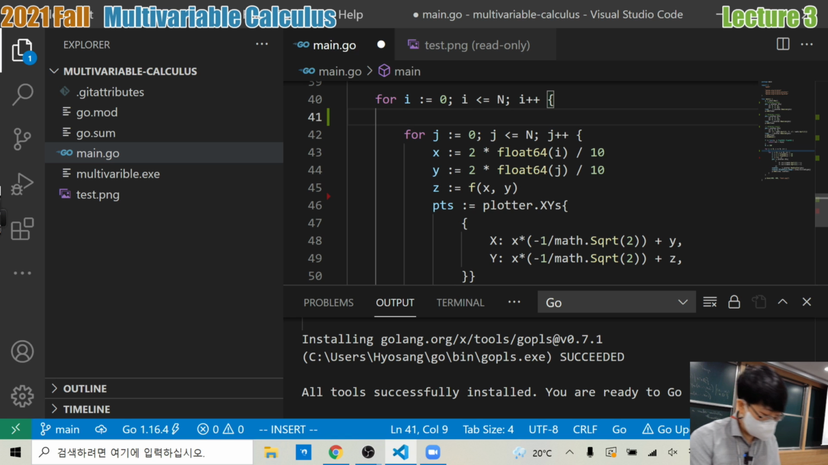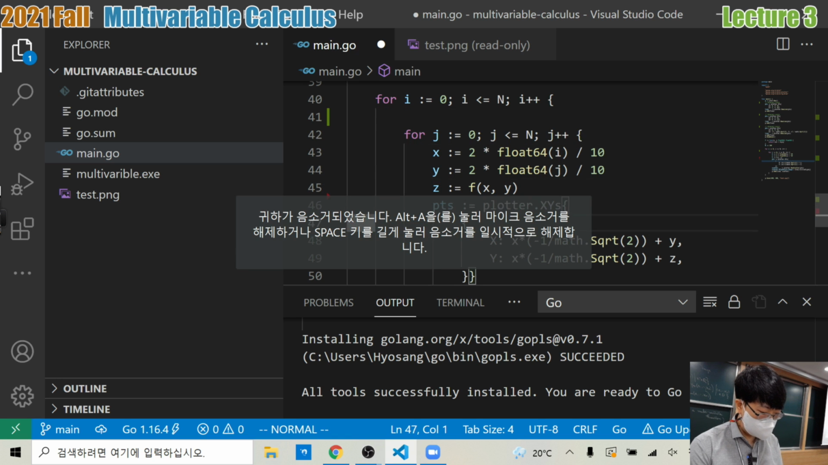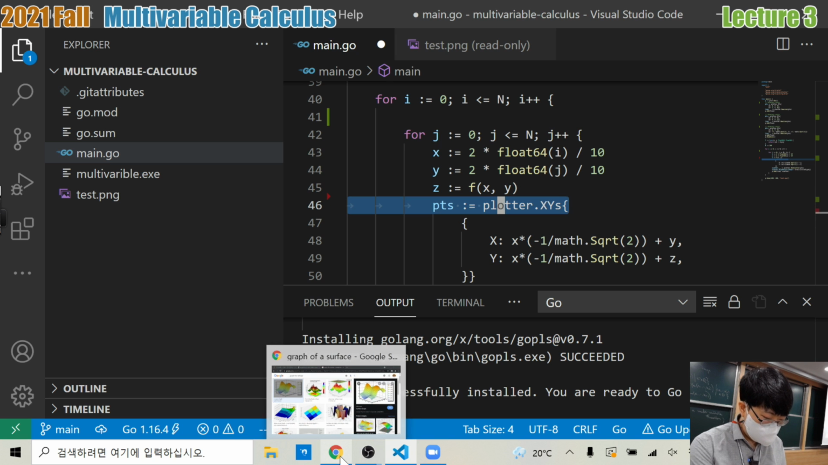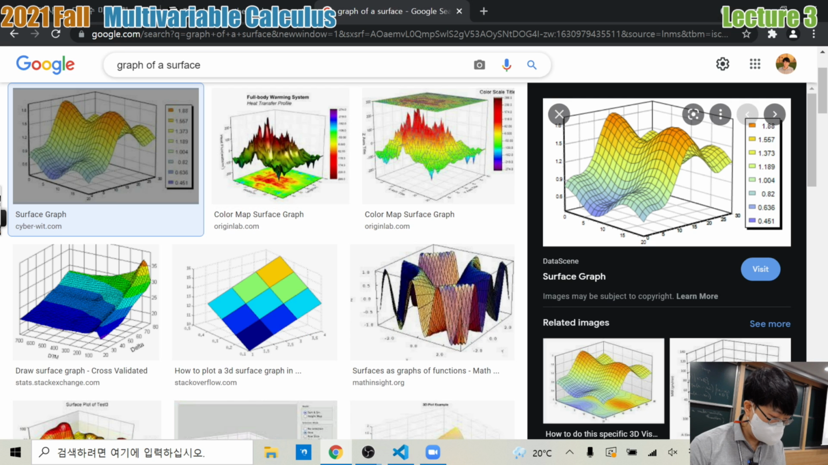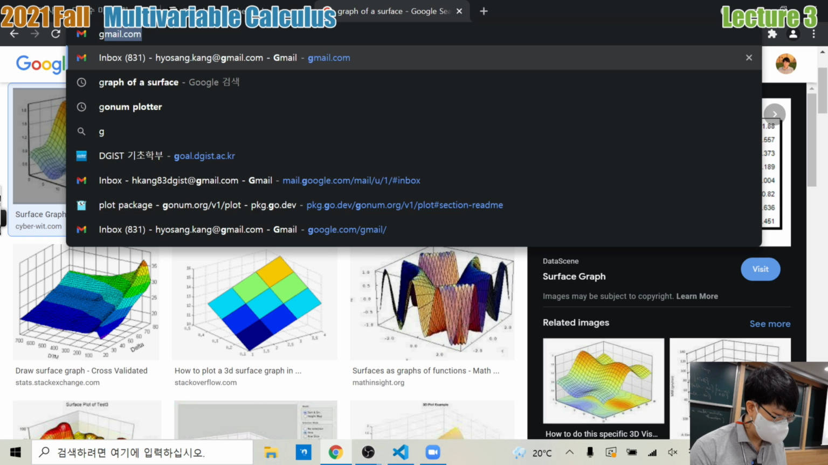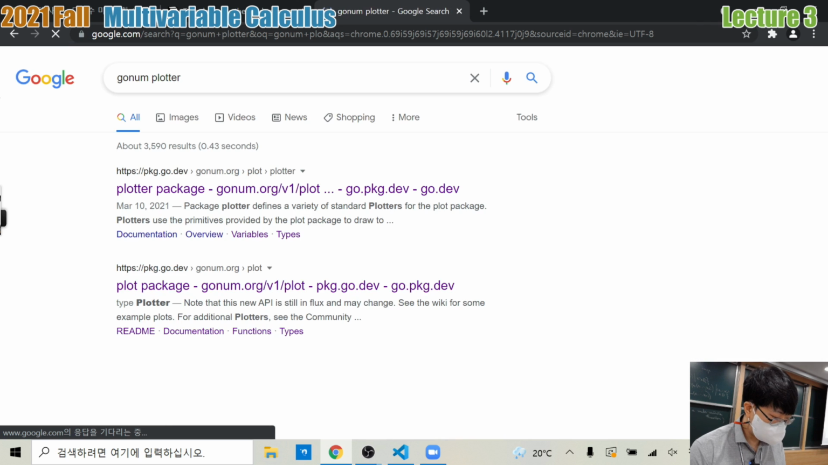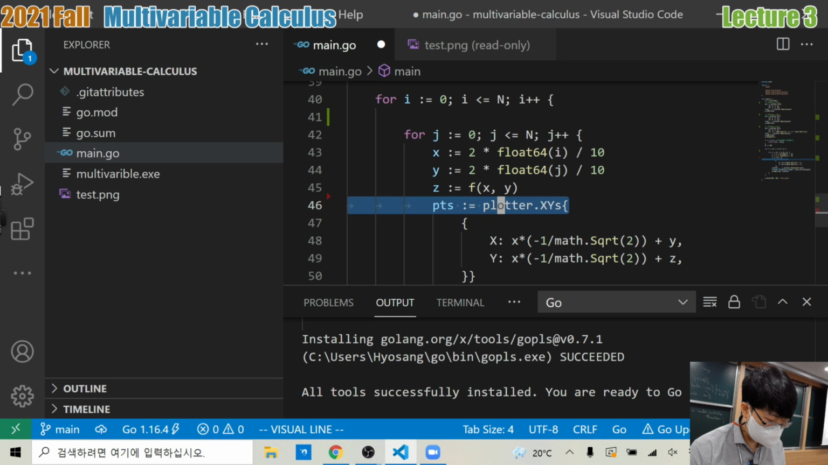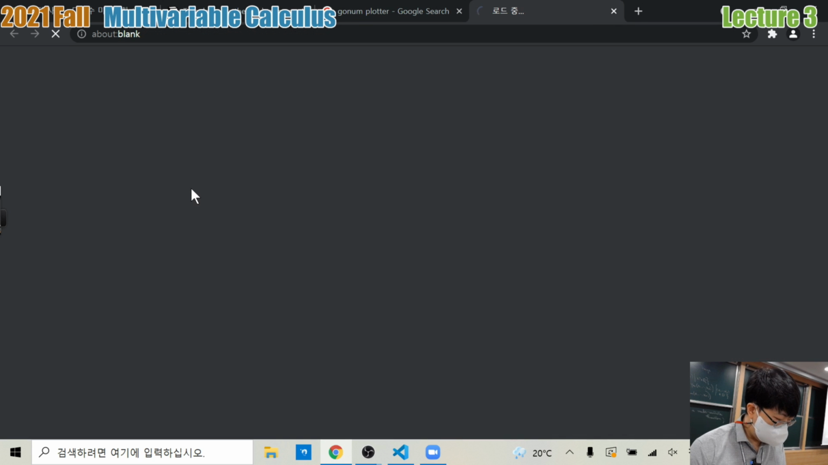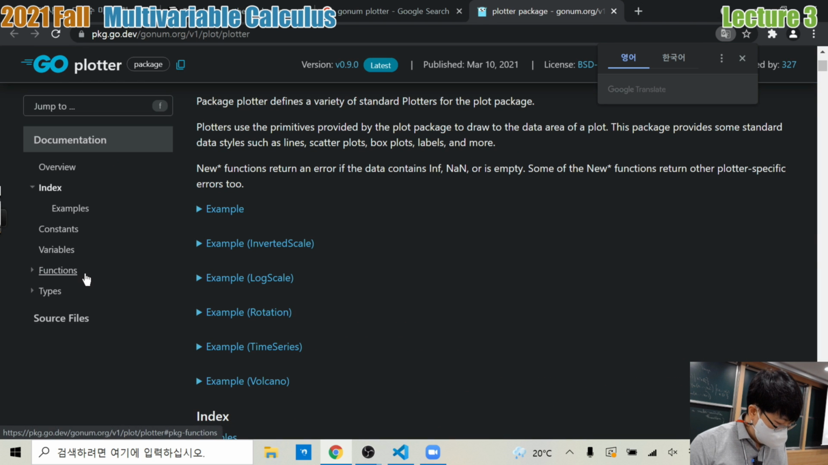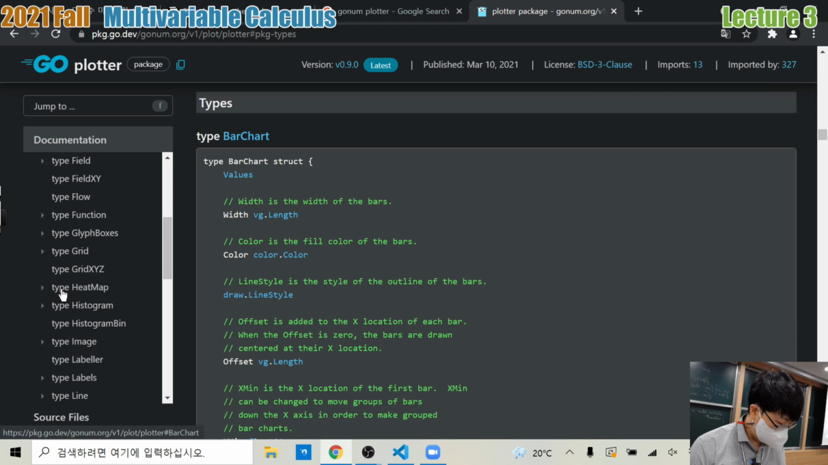For now, the array that I have to create is the plotter XYs type. So plotter XYs type is the array of XY types. Let me go to the documentation again. Gonum plotter. Is it plotter? Yes, plotter XY. So if you go to here, let's see, the type says